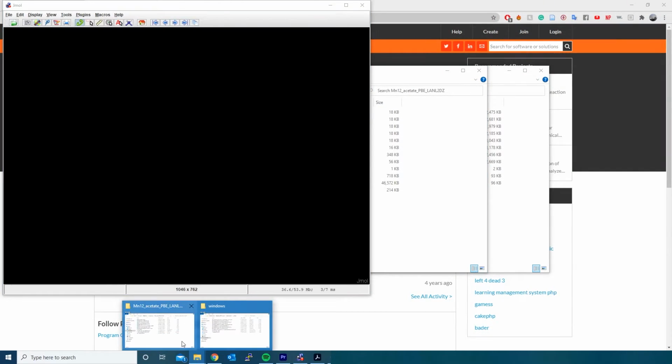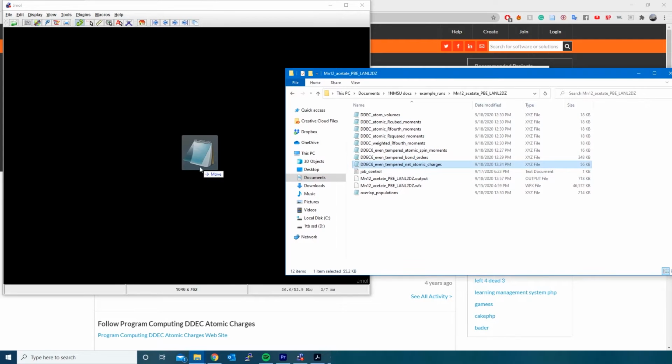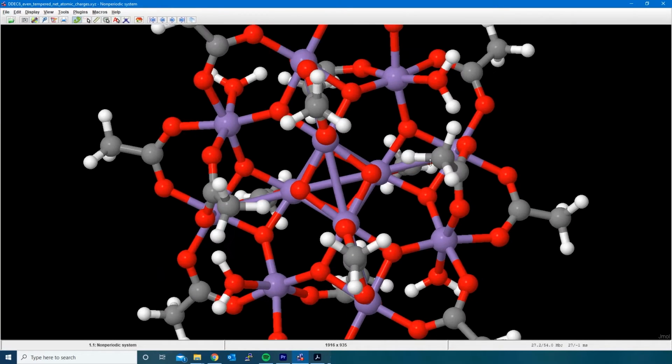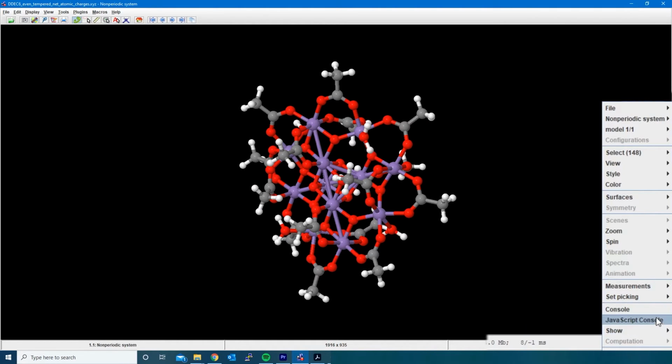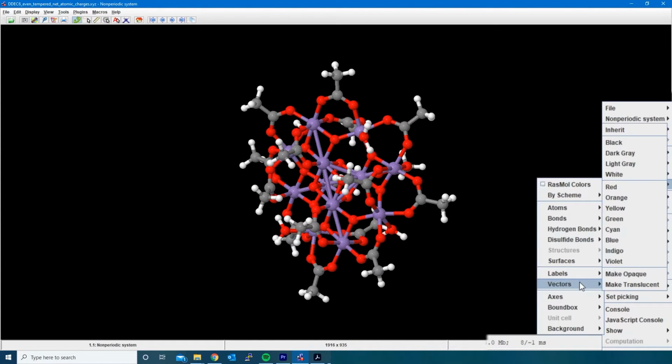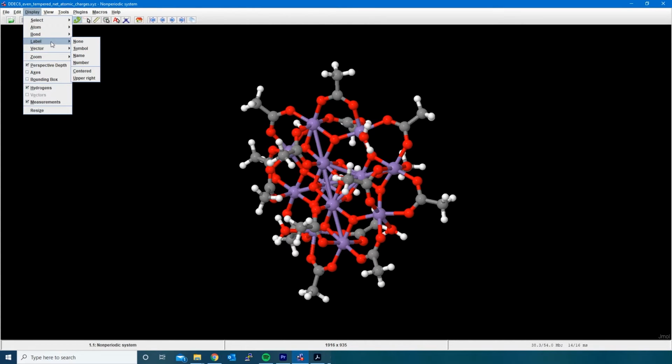Outputs are now directly analyzed with YAML. First, the NAC output is analyzed. Notice that now the unit cell is not displayed. Another way to change the label color without the console is by going to YAML, Menu, Color, Labels, and choose the color you want. Then turn on the label display.